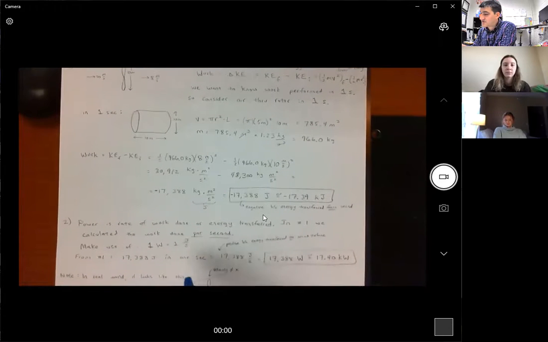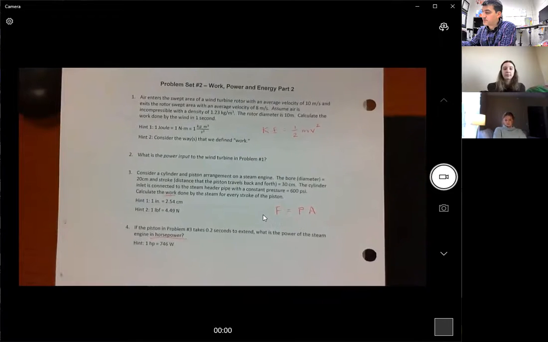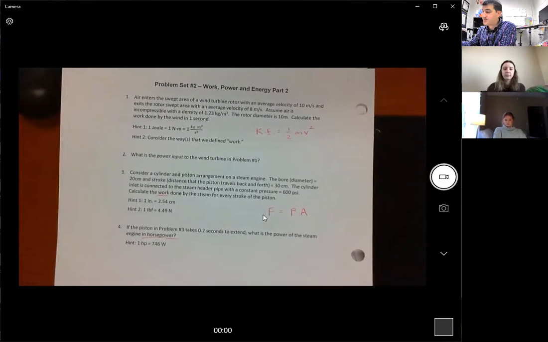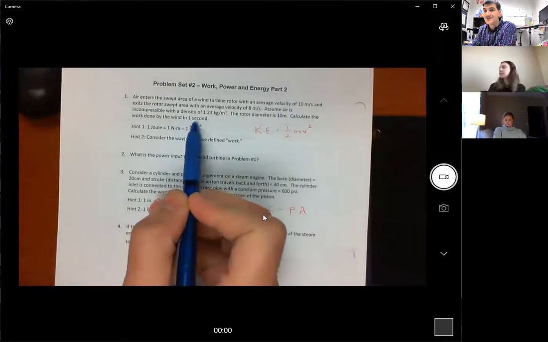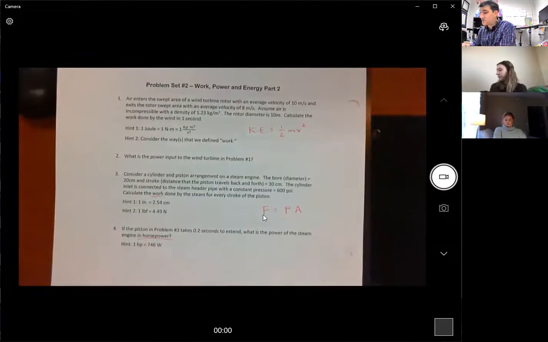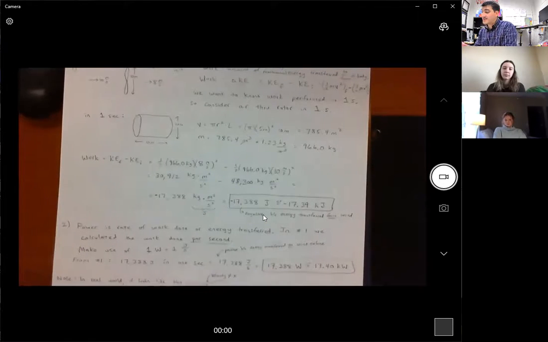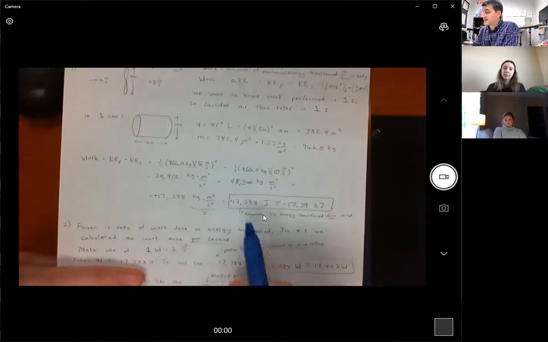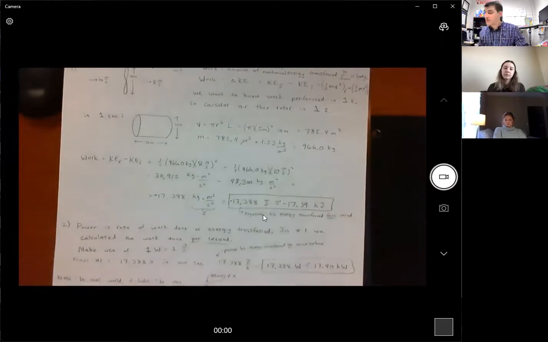Okay, then number 2 is pretty straightforward. Number 2 says, what is the power input to the wind turbine in problem number 1? It's pretty convenient here because we calculated the work in 1 second. So all we have to do to calculate the power is divide by a unit of time. We may as well divide by 1 second because that's the amount of work done in 1 second. So let's just divide by 1 second, and then we get